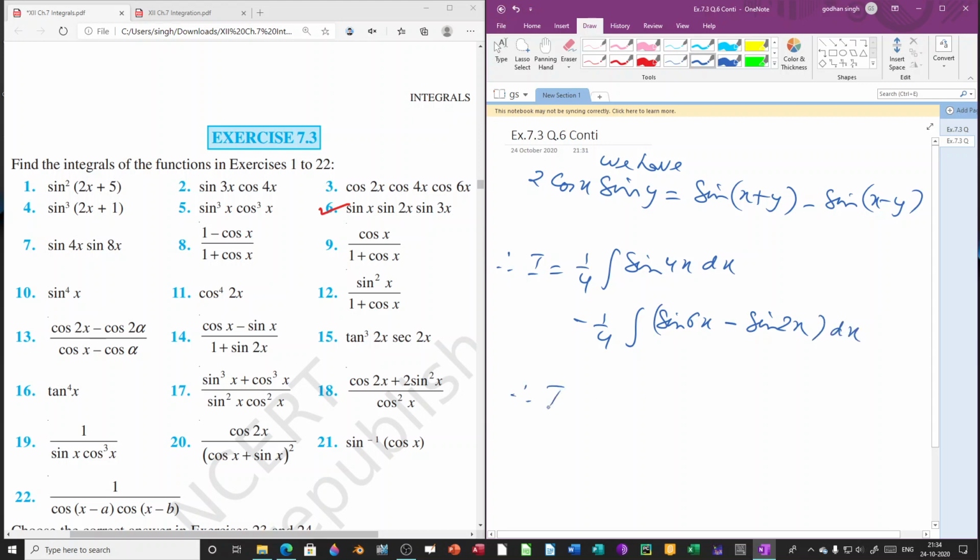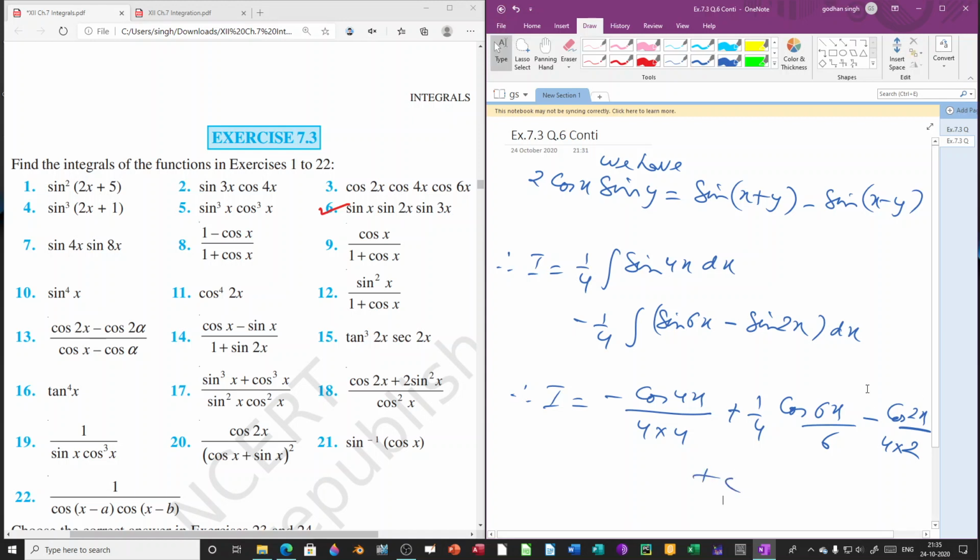So we will be getting, therefore I equal to integration of sine, we know is minus cos x, so we will be getting here minus cos 4x over 4, and we will be differentiating 4x, so we will get here 4, and same way here minus, we can open this integration, so we will be getting minus 1 by 4 integration of sine is minus cos, so this will become plus cos 6x over 6, and here minus minus plus, again integration of sine is minus cos, so it will become minus, and we will be getting minus cos 2x over, this 4 is already there, and into 4, and here we are having multiplied by derivative of 2x, that is 2, and plus c.